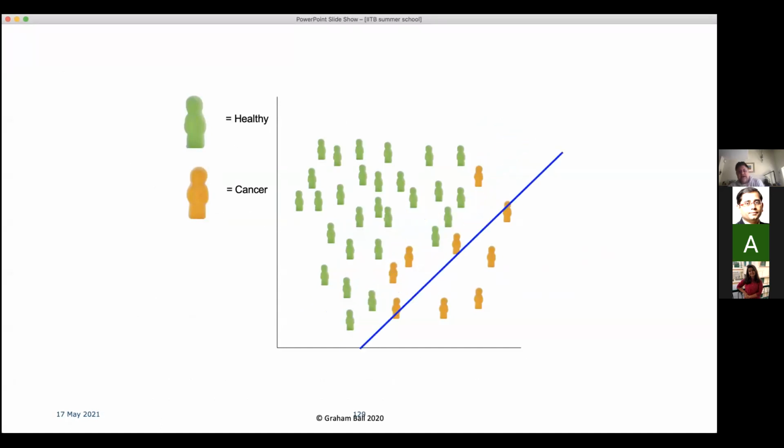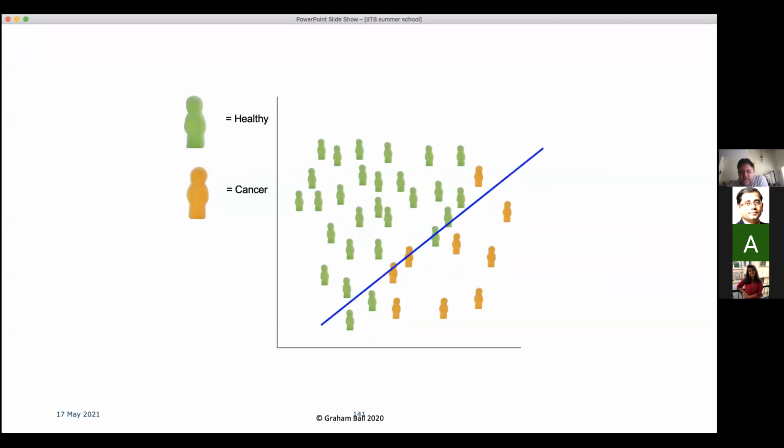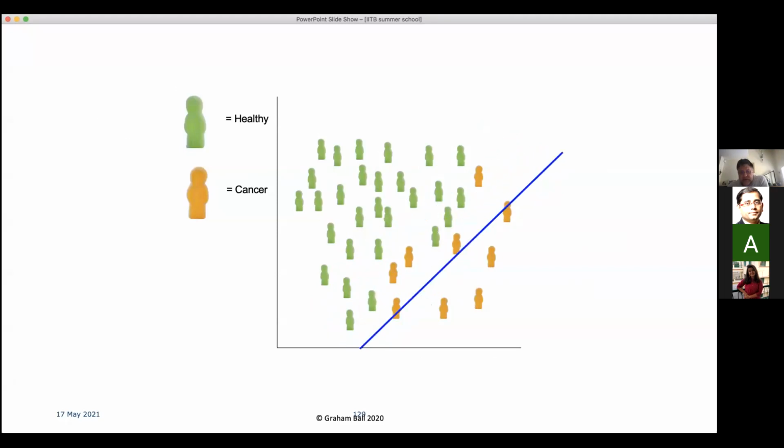is maximized. And that line is what is called the support vector. That's why it's called a support vector machine. So it's moving the line around until it gets the best solution. But it could also be moving a sphere around. It could be moving an S-shaped curve around. And it's doing that in order to maximize the separation between the green people and the yellow people here. Or between the green sweets and yellow sweets, I should say. So that's a support vector machine.